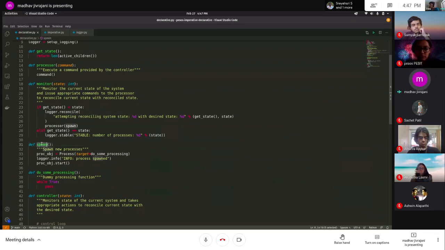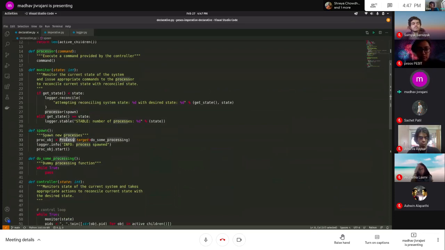Spawn is a function which just creates a new process, as I had explained. What that process should do is just run something, like this dummy function, which is just an infinite while loop. I made it infinite because I don't want the process to exit and die out. I want it to keep running so that we can see what's happening inside.